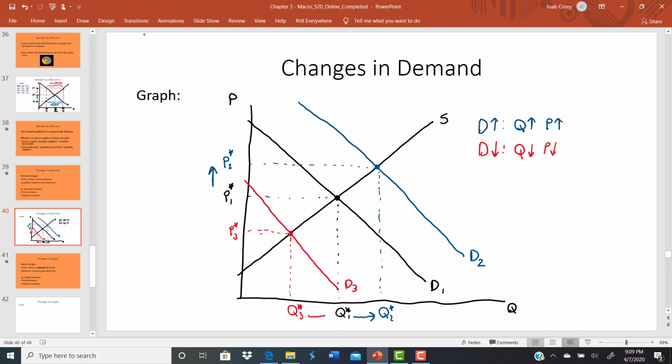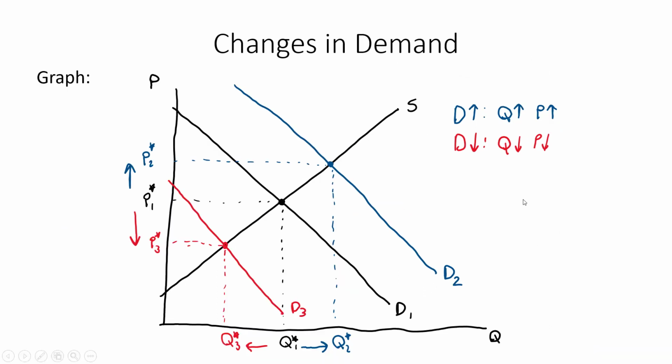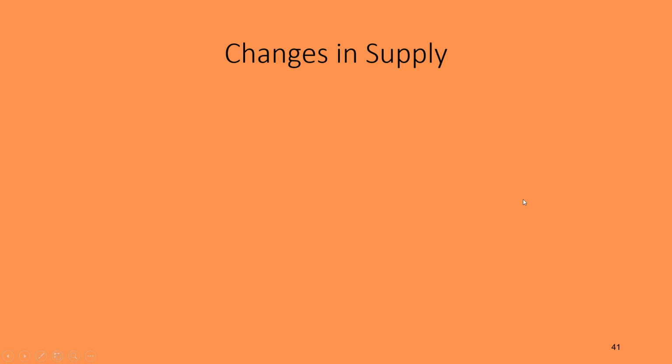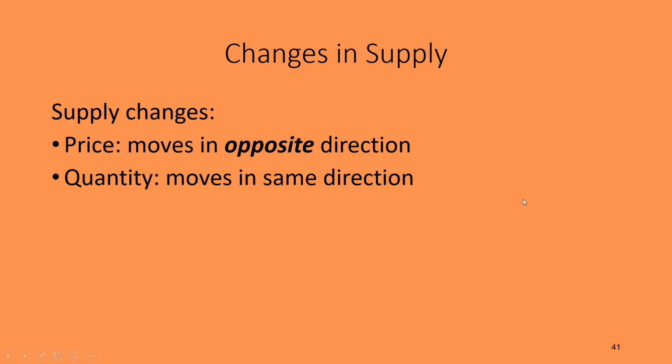Again, the graph will always tell you, as long as you remember that decrease is a shift to the left, then we can sit here and look at the graph showing us that quantity is going to go down and price is going to go down. So that's what happens when demand shifts. As you can imagine, I think you probably recognize that what we're going to talk about next is what happens when supply changes. So when supply changes, price moves in the opposite direction of supply,